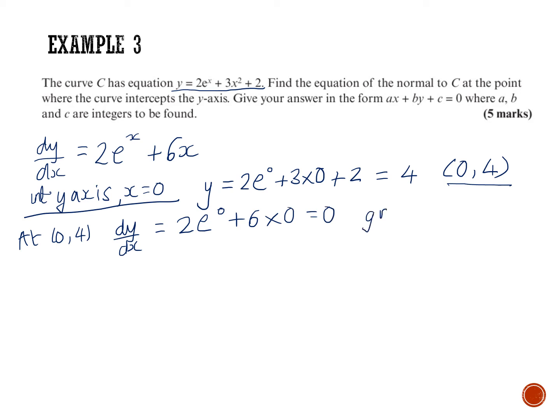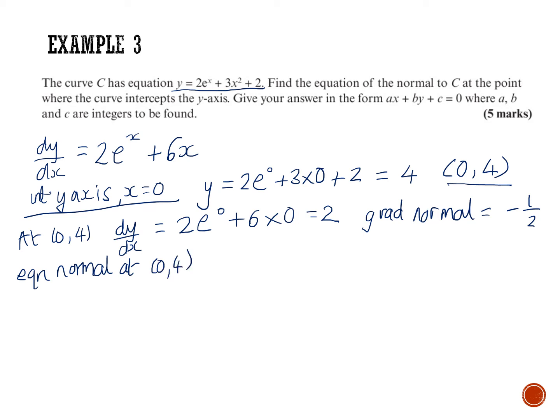That's not 0. 6 times 0 is 0, but we've got the plus 2 here, so it's 2. So the gradient of my normal then, if the gradient of the tangent is 2, gradient of the normal is minus a half. Okay, so the equation of the normal at that point 0, 4